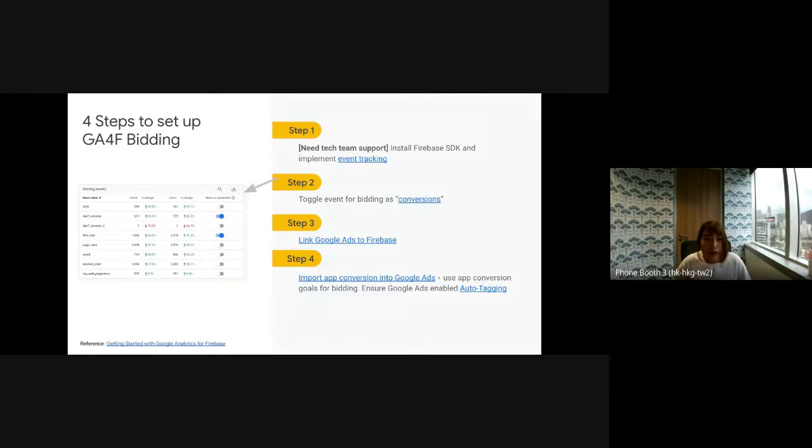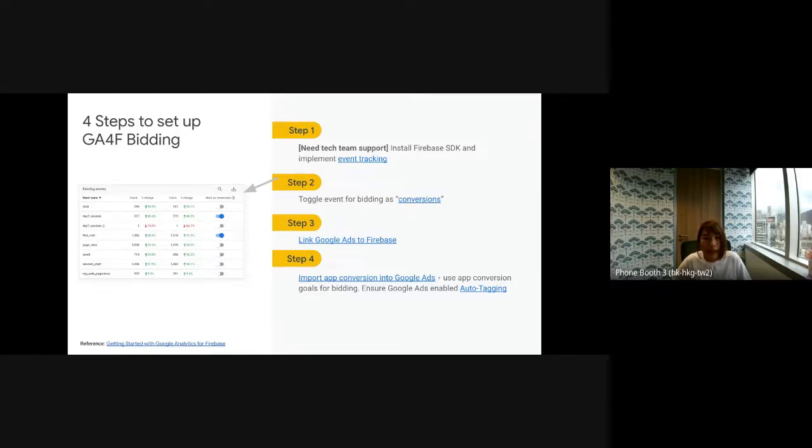And after we enable Google Signals, the most important thing is to set up the conversions and also import the conversions to Google Ads for bidding. There are 4 basic steps to go through. The first step, usually we will need the tech team to support, which is to install the SDK and also install the event tracking.